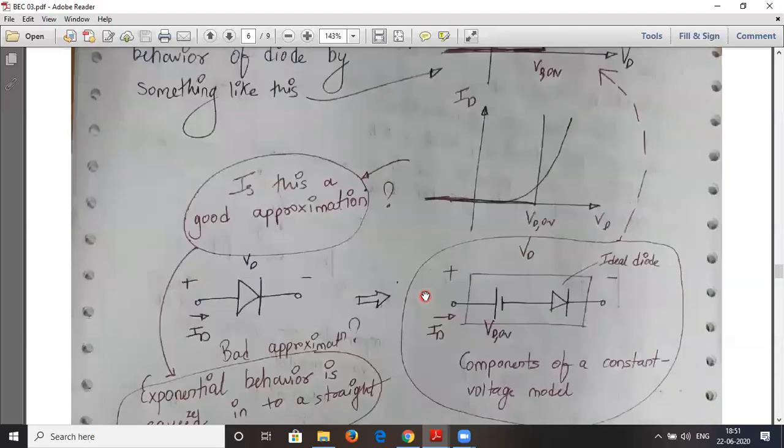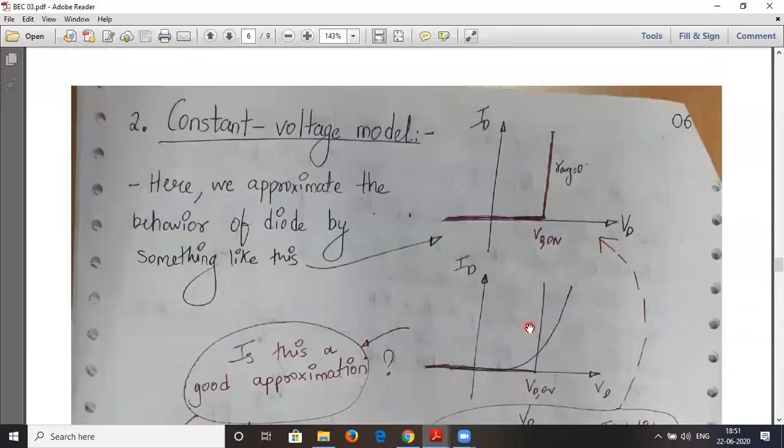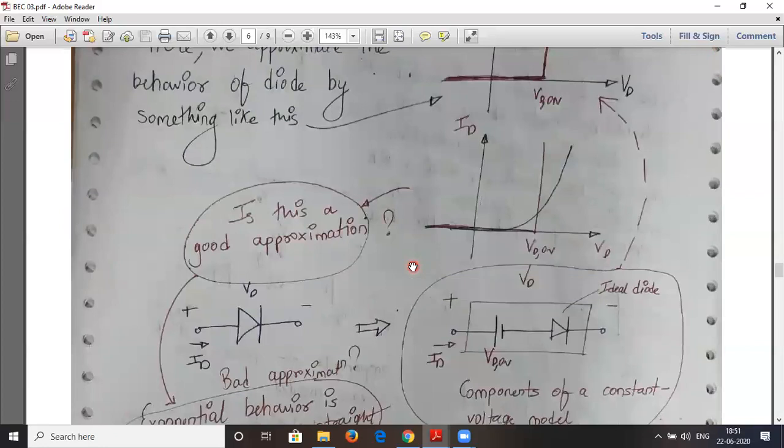So that means if the diode on voltage is around 0.7, and the external voltage applied across the diode exceeds this 0.7 volts, the diode will remain on. If it is less than that, the diode will remain off. That is what is meant by the constant voltage model: the voltage remains constant once the diode turns on. Is this a good approximation? Yes, it is. You replace the diode with a battery representing this VD-ON, and an ideal diode. We already studied the ideal diode: it is replaced by a short circuit if it is on, and by an open circuit